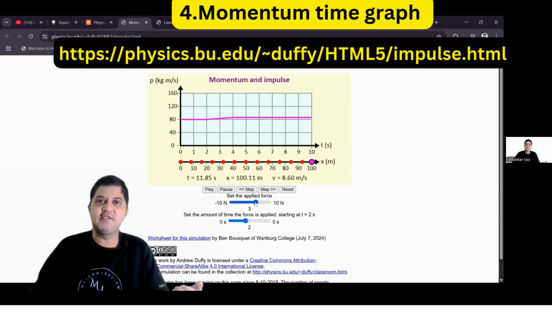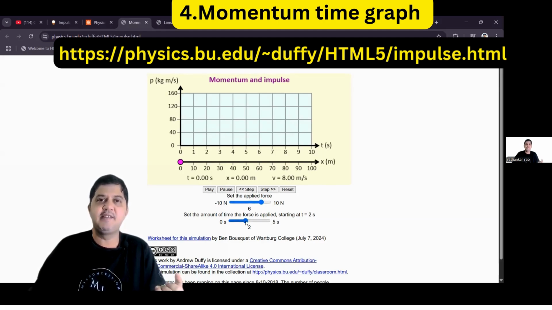If I increase this, you can ask these kinds of questions to students. Okay, so if I put it to 6 Newton, let me reset this once again, 6 Newton over here, and click on play once again. So before we play, let us understand what is the final momentum. So initial momentum was 80, which we have seen already. The final momentum would be this 80 plus, we had 6 here, we have 2 here, 6 into 2 becomes